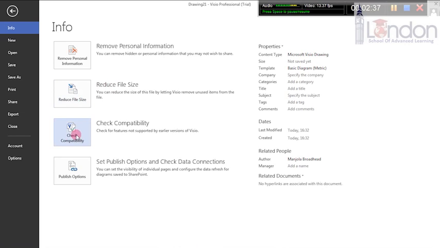Check compatibility. This tells you what it does, what features are available in each different version. You can insert this in, and it can be quite nice for people who are using different versions to you. And then here for the publish options, the visibility of the individual pages, and Visio feeds directly into a Microsoft product called SharePoint, which allows you to put this document up on SharePoint, and in theory, if you were doing a flow chart or a process chart whereby, I don't know, how to